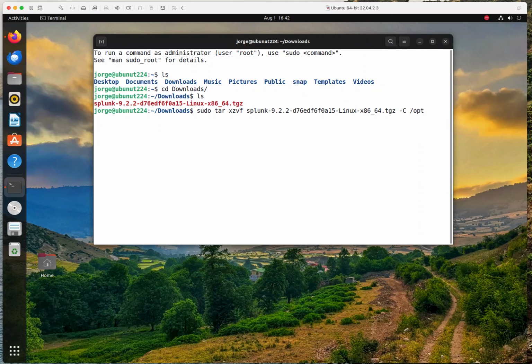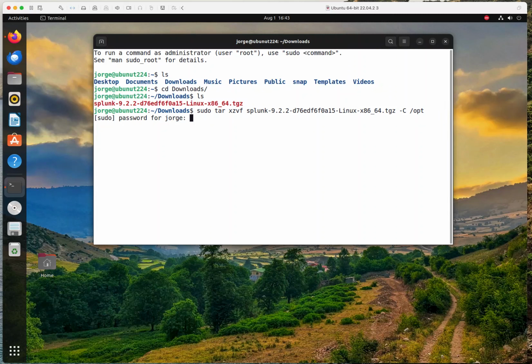You can install it in any directory you would like. In my case, I'm going to follow best practices and what's common, so I'm going to install it in the opt directory, or at least that's what I'm going to send it to. As you can see here, this is the command to elevate privileges, because if you don't, you're not going to be able to do it. This is the command to untar or unzip it. This is the file name, and this is the directory you're sending it to. So I am going to press enter,